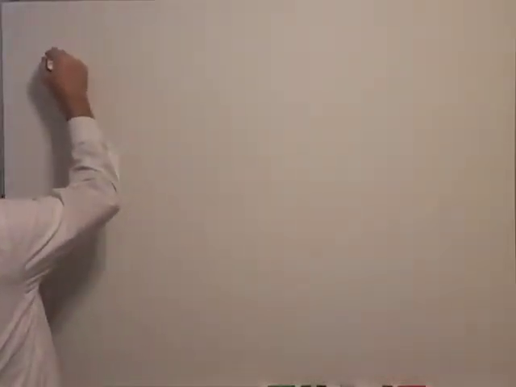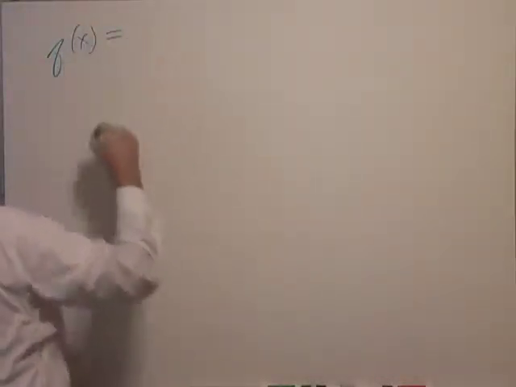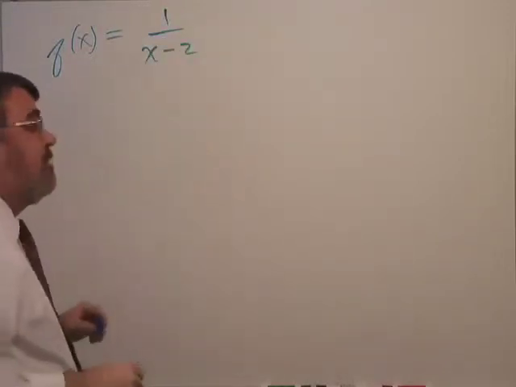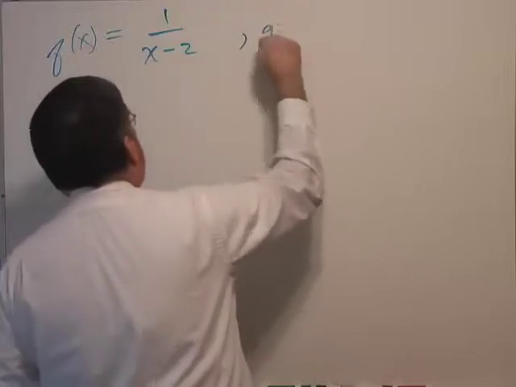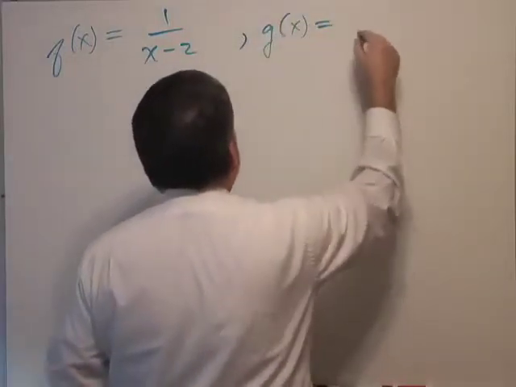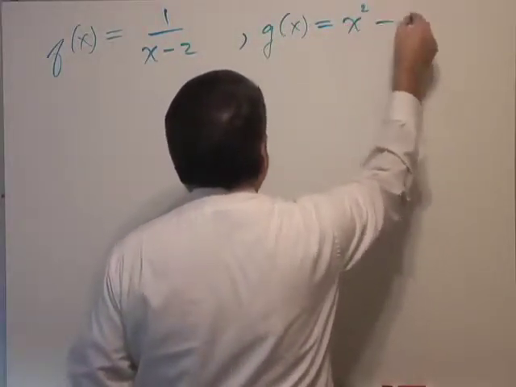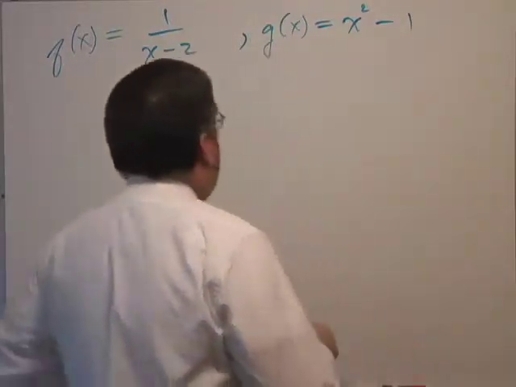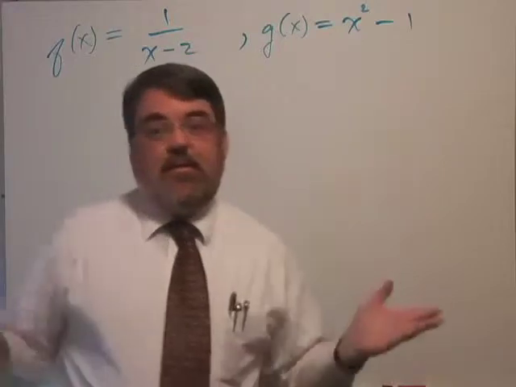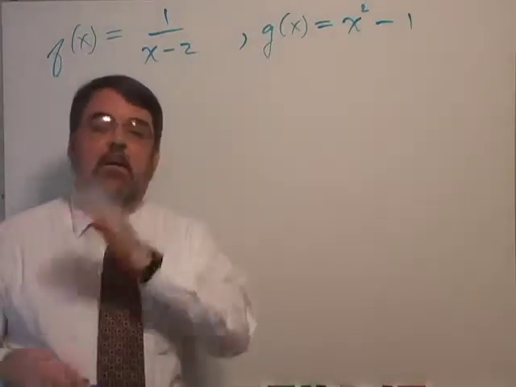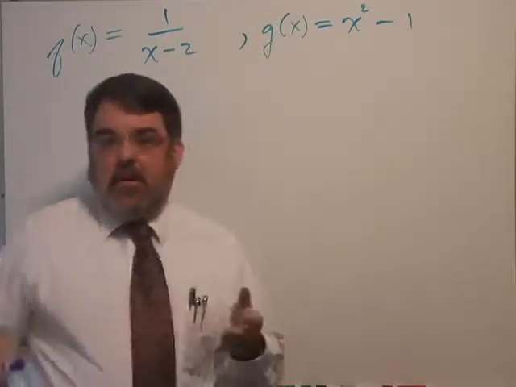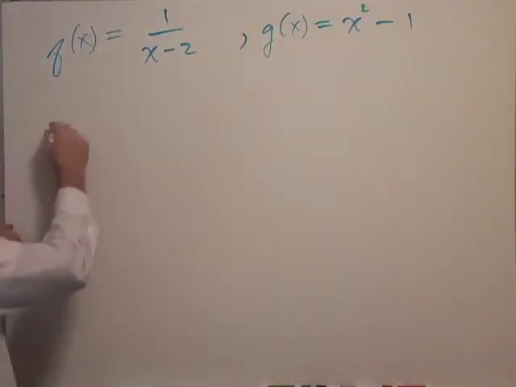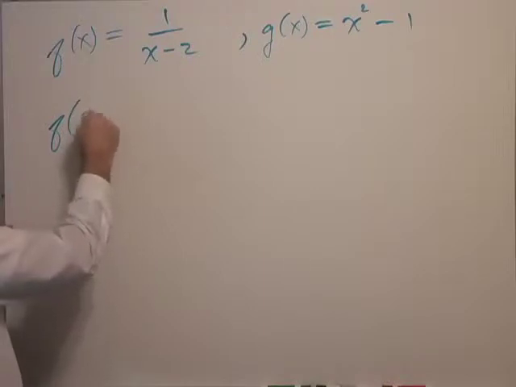And let's see, come up with f of x equals 1 over x minus 2. And g of x is equal to x squared minus 1. All right. Nothing special about those. I just made them up at random here. Now then, to show you what a composite function looks like, let's first think about f of g of